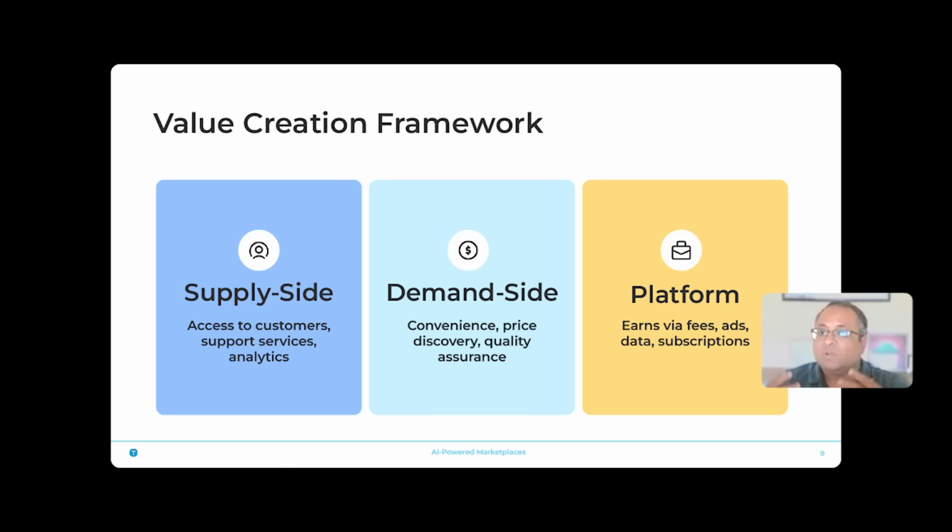Same thing on the prototyping side as well, right? Even before you go and create a product, there are so many ways to vibe code and prototype these things, so that you can easily measure, or easily think about from a customer point of view, how convenient it is, how easy it is to discover price for a particular B2B transaction or a particular type of work, and so on and so forth. There are so many things you can do on the AI side of things. Simply, these days, sky is the limit. The only limiting thing is your own imagination.